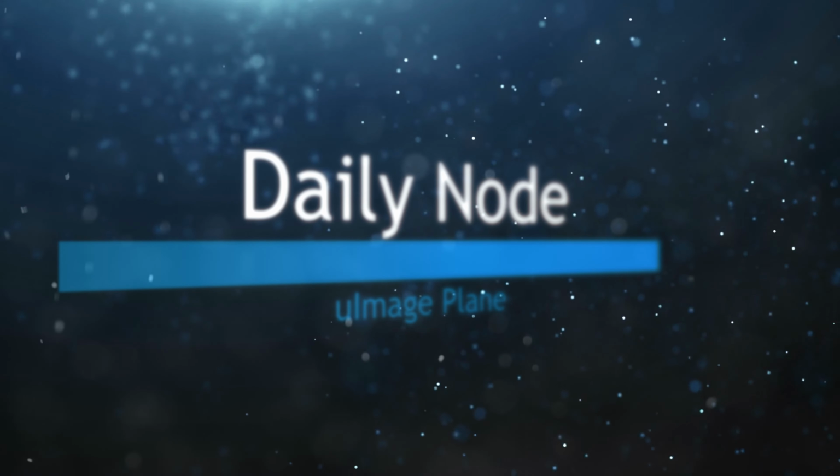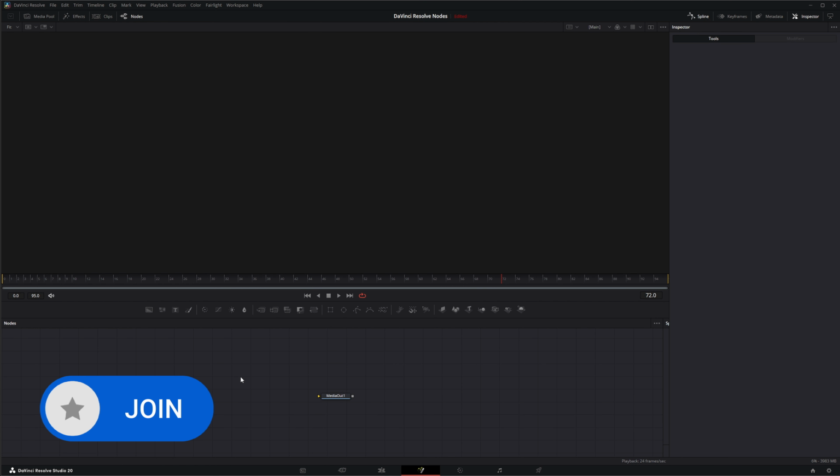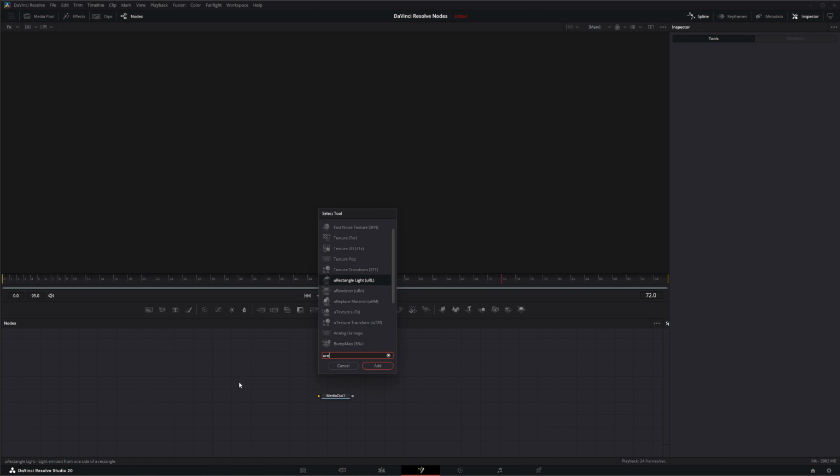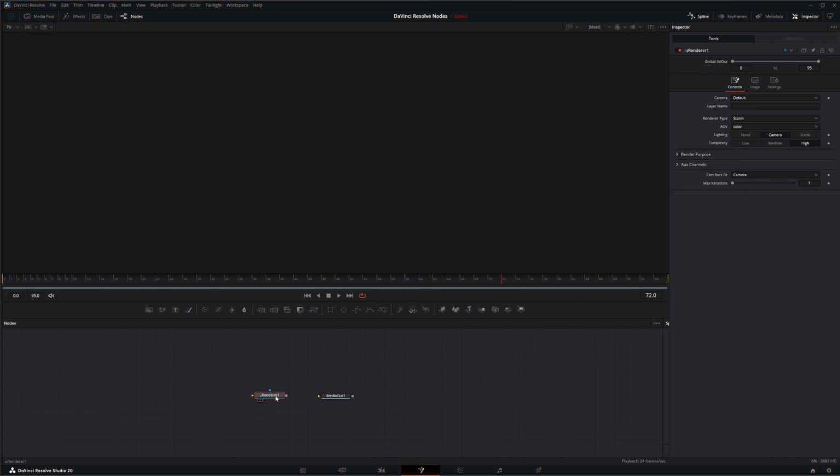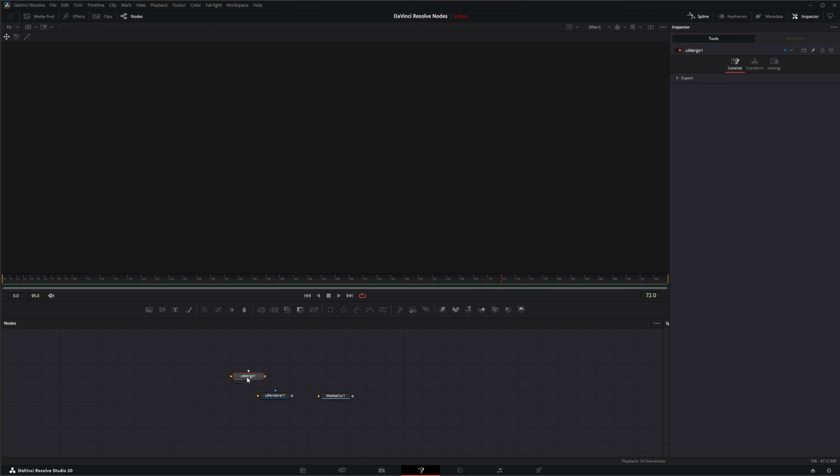So we're going to jump into Fusion and let's go ahead and set up our scene so we can bring in the uImage plane. So we're going to need a uRenderer and we're going to leave it on camera light. We're not going to do any additional lighting. And let's bring in a uMerge. Bring that into our render. And let's grab a